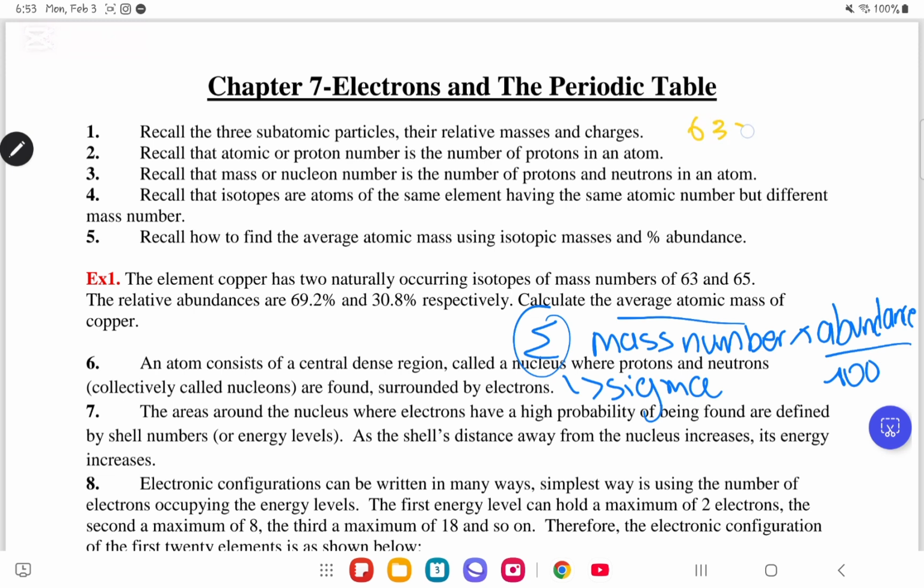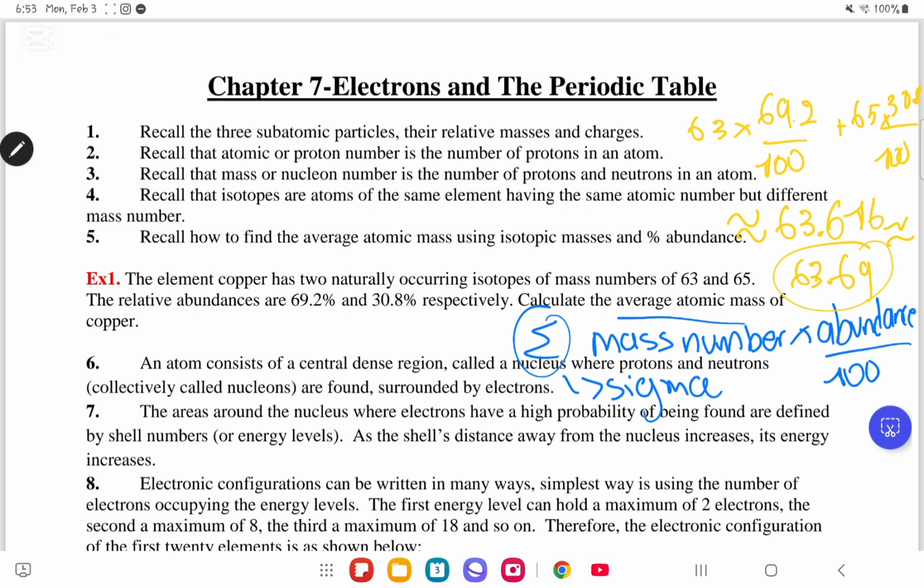So it's going to be 63 times its respective abundance, which is 69.2 over 100. Then we are going to add it to 65 multiplied by its respective abundance, which is 30.8 over 100. So if you do it on your calculator, 63 times 69.2 over 100 plus 65 times 30.8 over 100, you are gonna get an answer of approximately 63.616. So let us round it to approximately 63.6